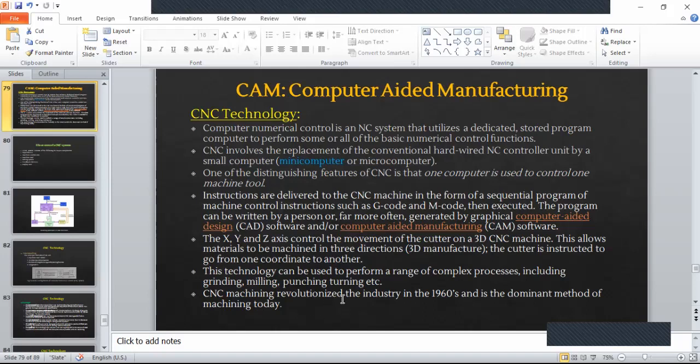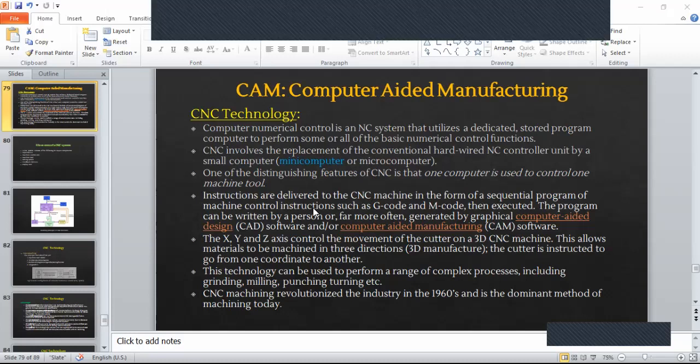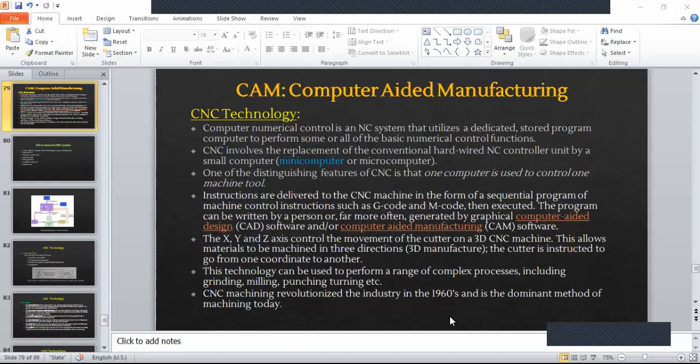CNC machining revolutionized the industry in the 1960s and is the dominant method of machining today also. As I told you, we had numerical control machines, NC machines, and then we had a dedicated mini computer for it, and also the method of input of the program has changed. The reason, anyone knows the reason why that was changed? Why we did not continue with NC?